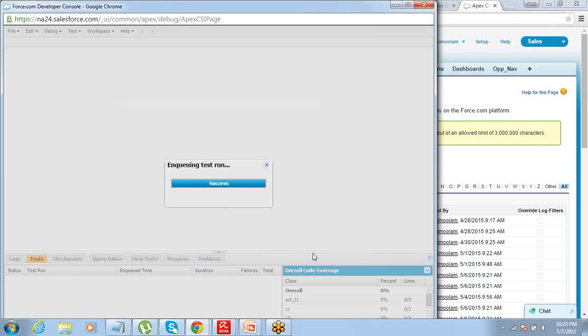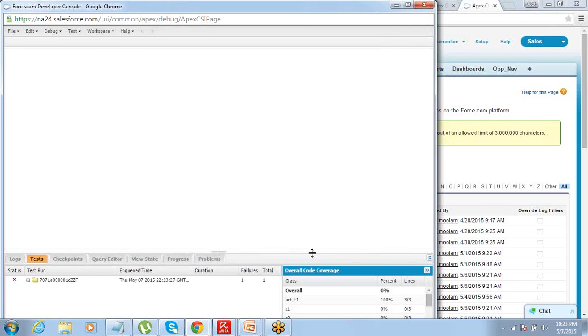The moment it runs, it will provide the code coverage to the trigger. See, overall code coverage for account trigger T1 which we just created is 100%. Earlier it was 0%. Got it? Now my trigger is ready.